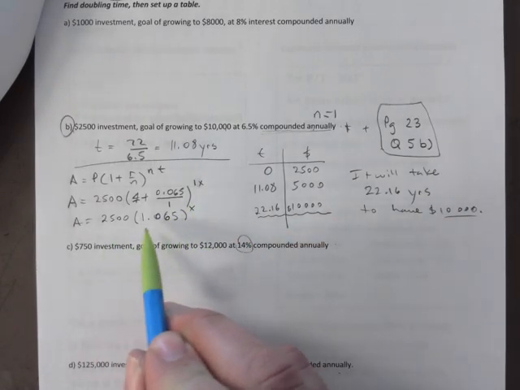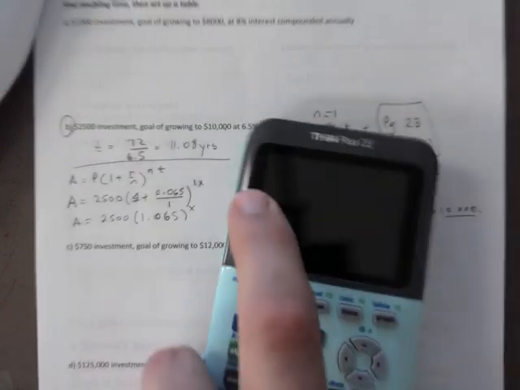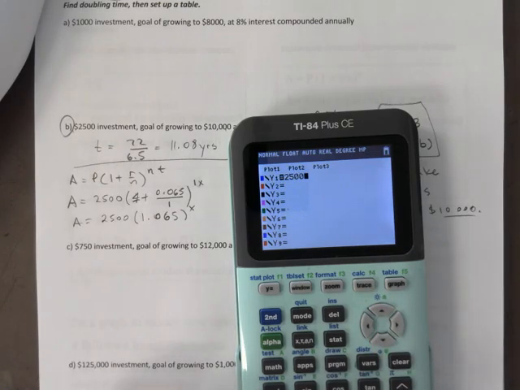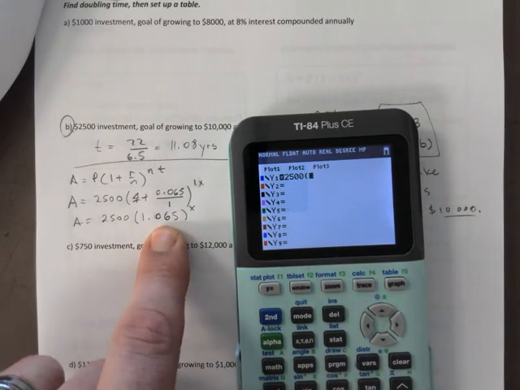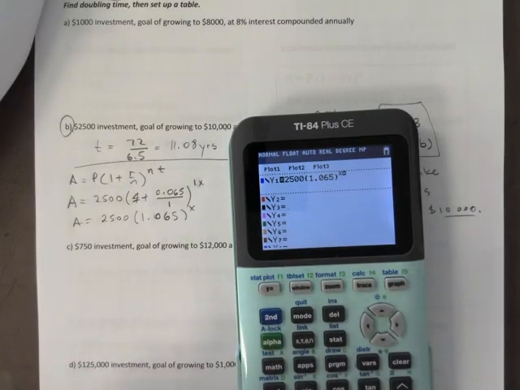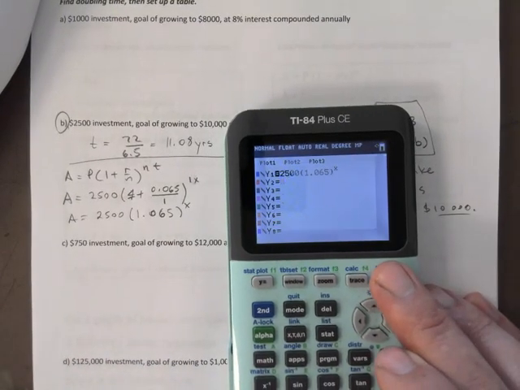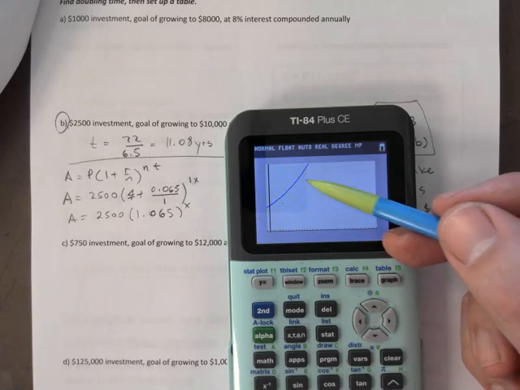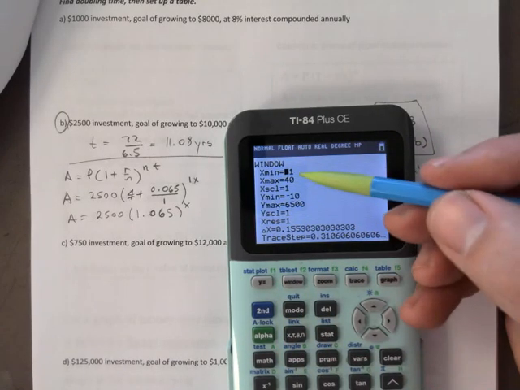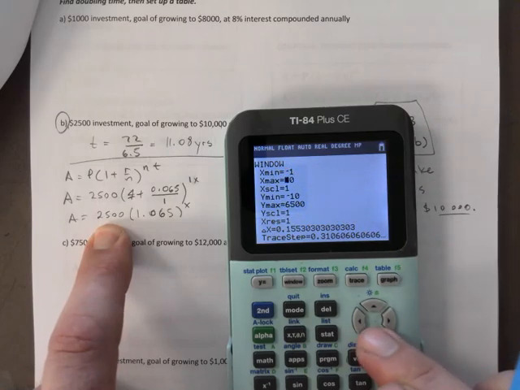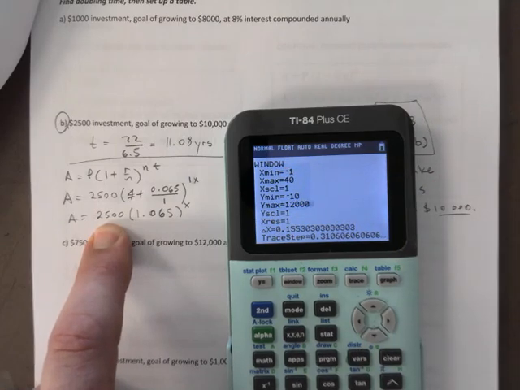Does this look like an exponential to you? Yeah. Let's type that into our y1. This is to review exponential, right? So 2,500, 1.065. Is this growing or decreasing? Growing because b is bigger than 1. To the power of x. And let's graph it. My window happens to see this. If yours doesn't see it, you need to make sure your window, your Y max is well over 2,500. We actually want $10,000, right? So we're going to go $12,000 because remember,